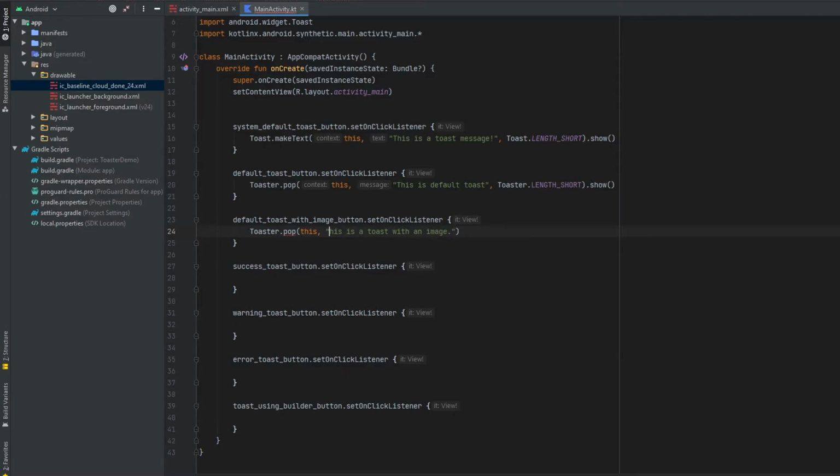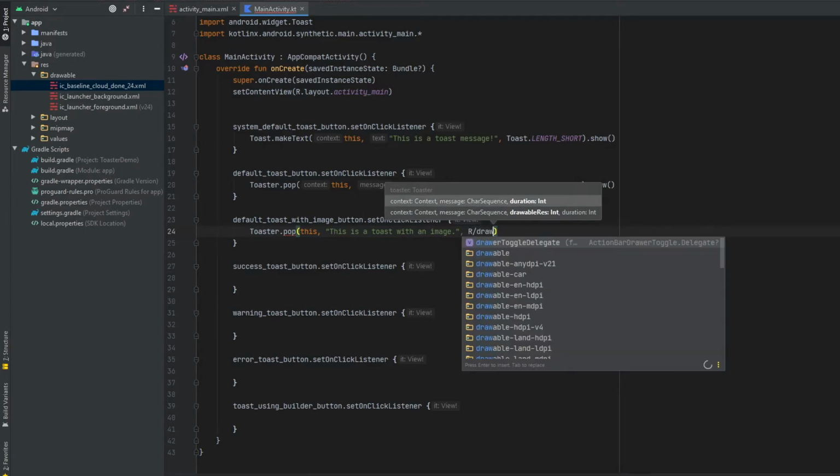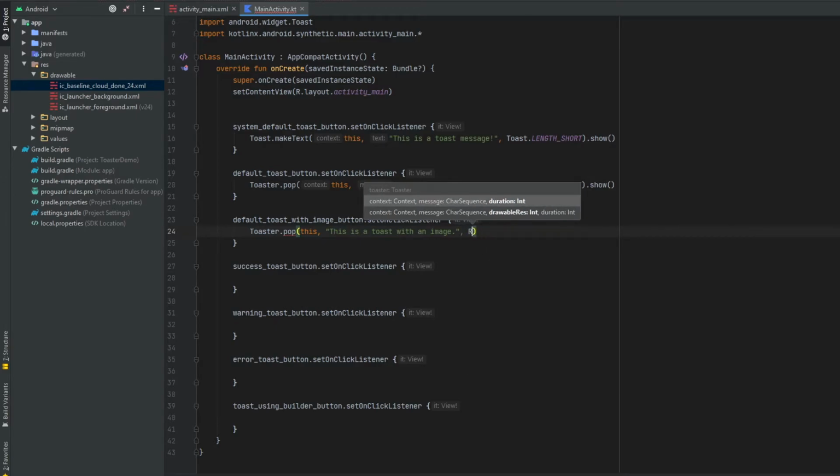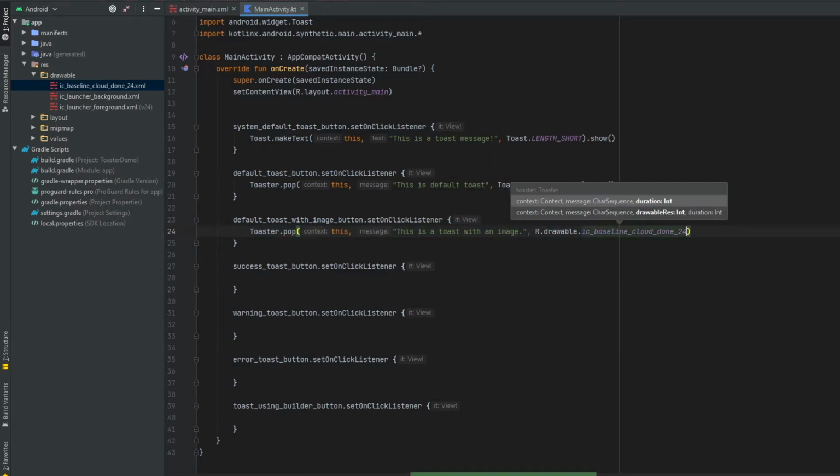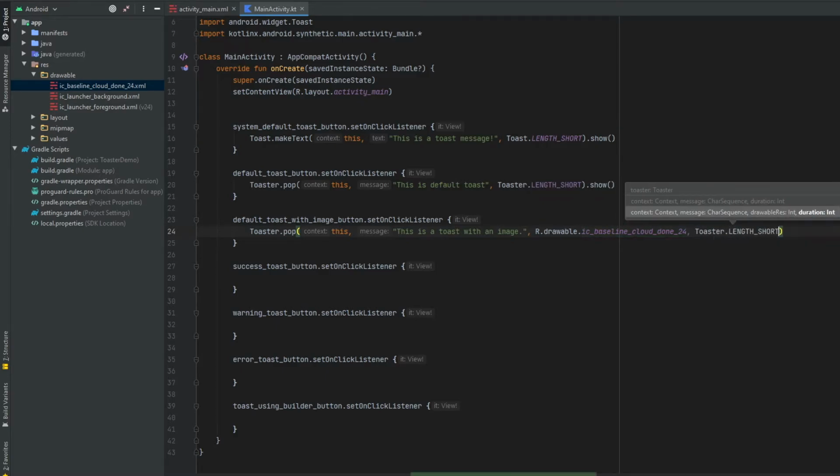Let me capitalize this. Alright. After that you need to pass the icon, so R dot drawable dot cloud, followed by the duration. So duration is toaster dot length short, dot show to display the toast message.